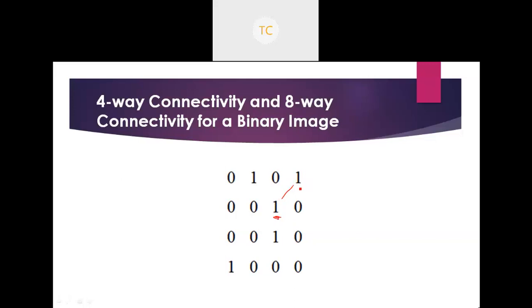Diagonally. Yes, diagonal. So now you can get it, right? So this is a diagonal neighbor of this pixel. So when it is saying that it is a diagonal of this pixel, it means it is 8-way connected. Remember, 4 neighbors plus diagonal neighbors constitutes 8 neighbors. Are you getting confused, guys?